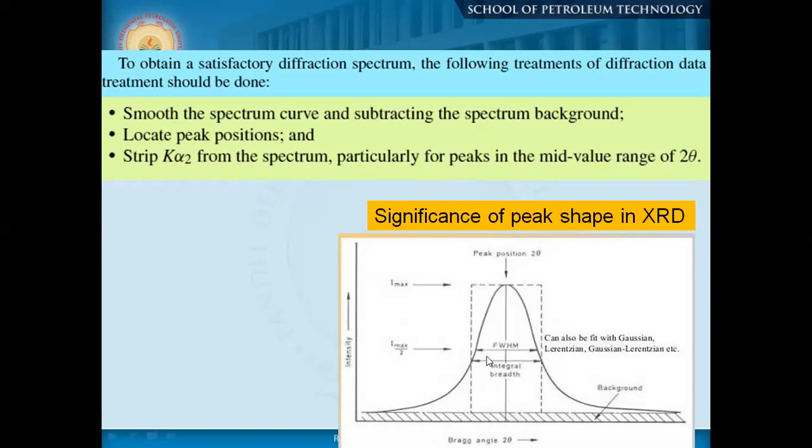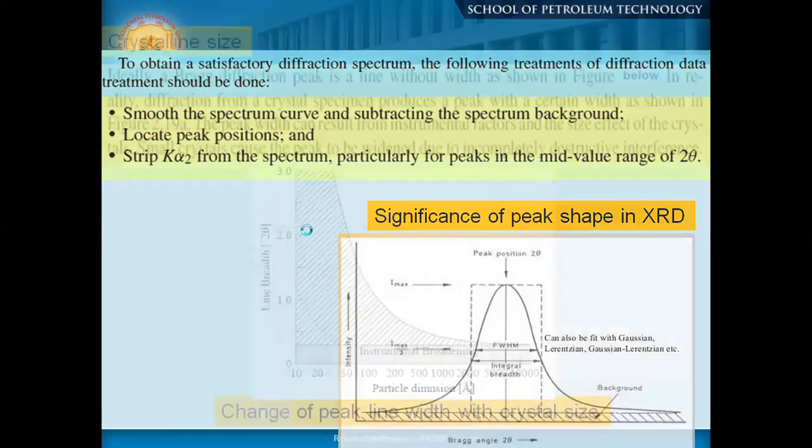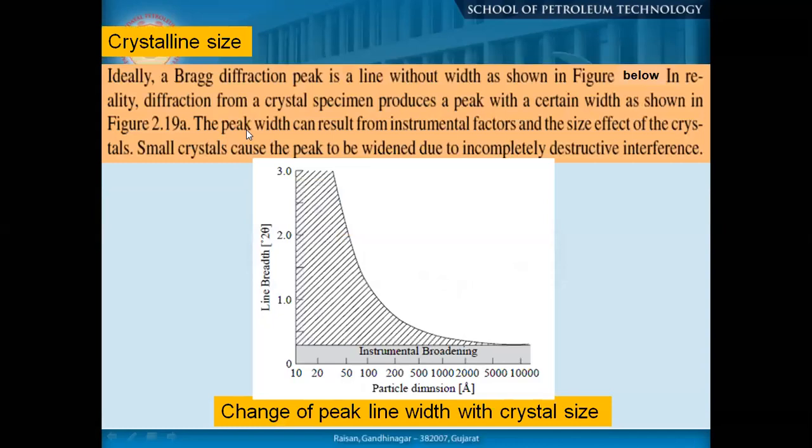You see here the peaks are absolutely fine, and this is a symmetrical peak. The full width at half maximum is here. This is the area under this peak. We'll discuss that area, as it will sometimes help us with the quantitative analysis of a specific mixture of materials. Now, crystalline size.